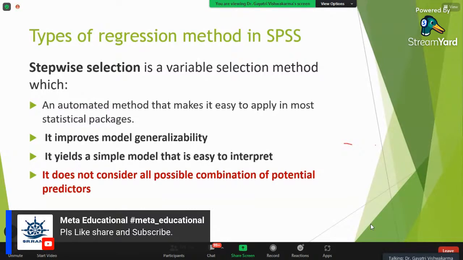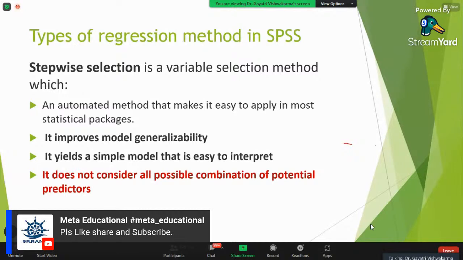You just have to mention method equal to stepwise when you are programming. Here in SPSS we have to select, because SPSS gives you pop-ups and you select from the multiple choices. What it does is improve model generalizability. What does that mean? Because it is an automated system, the software uses a number of simulations inside and gives you the answer.